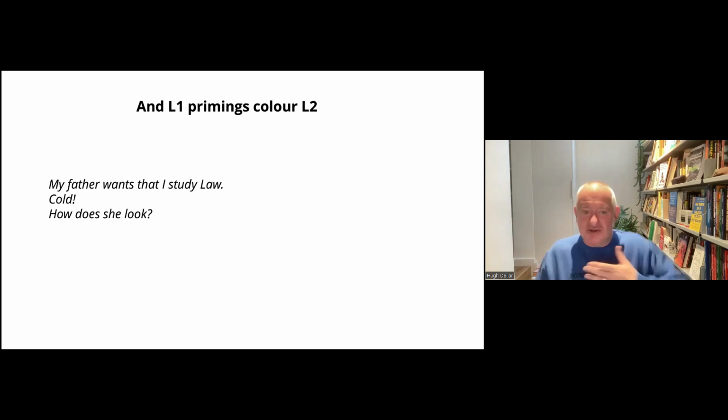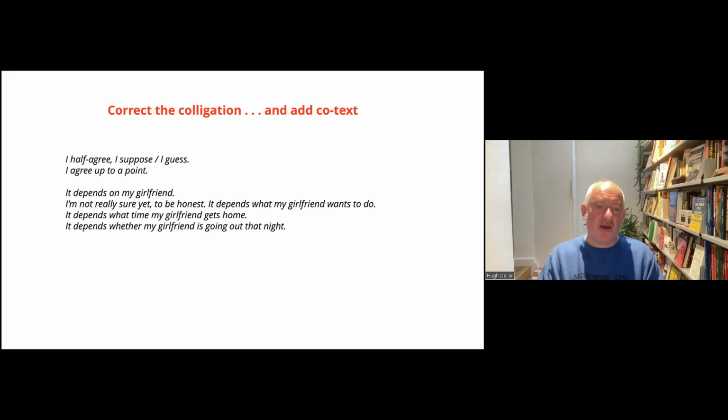And as teachers, one of our jobs is to recognize that that's what's happening and disrupt this. So I think one thing you can think about is a two-stage process of correction where you're correcting the colligation. You're showing them, yeah. So in our language, I know it works like that.